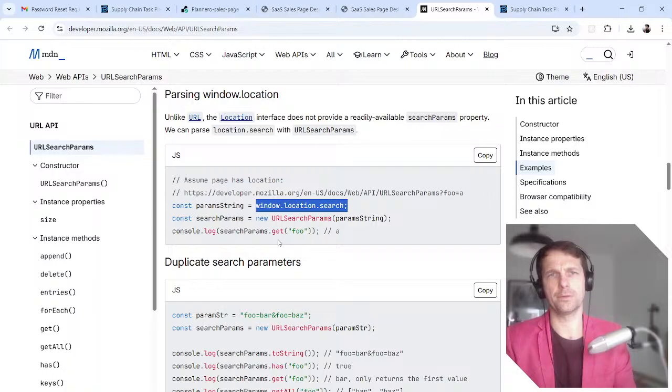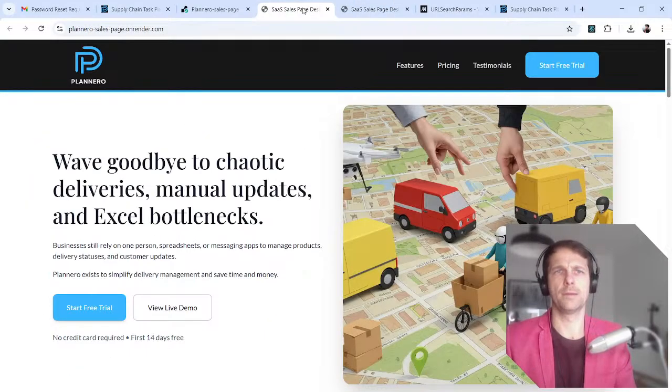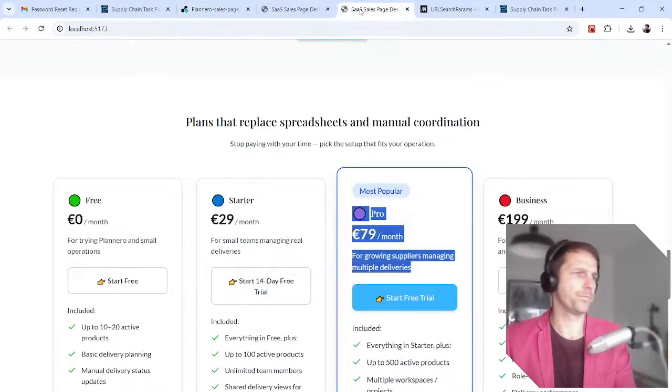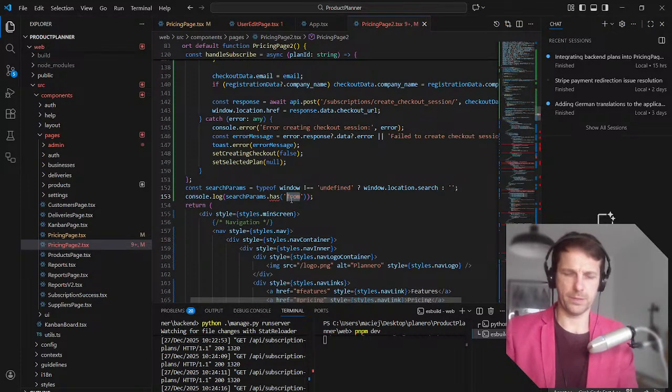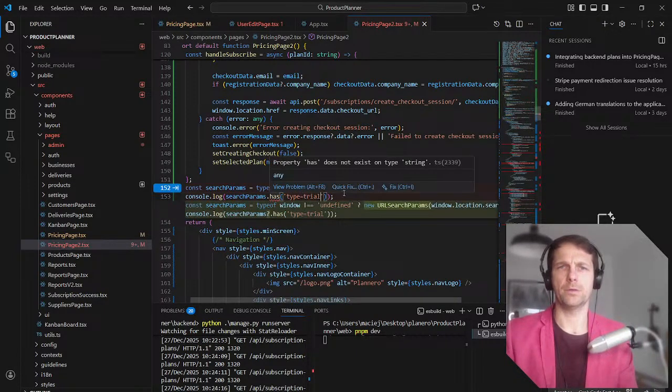Did I want to have types? Because it obviously doesn't have it now. I just broke it, but type. Type, no, okay, type trial.